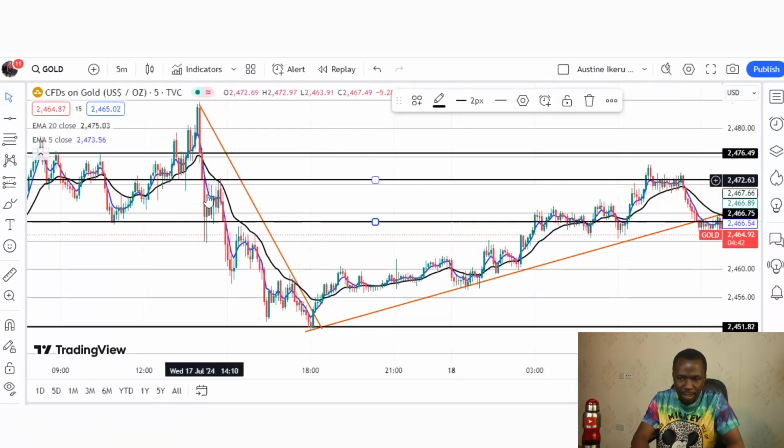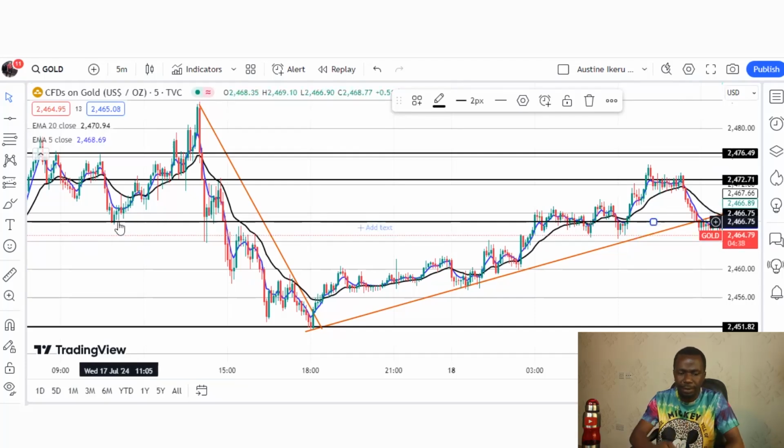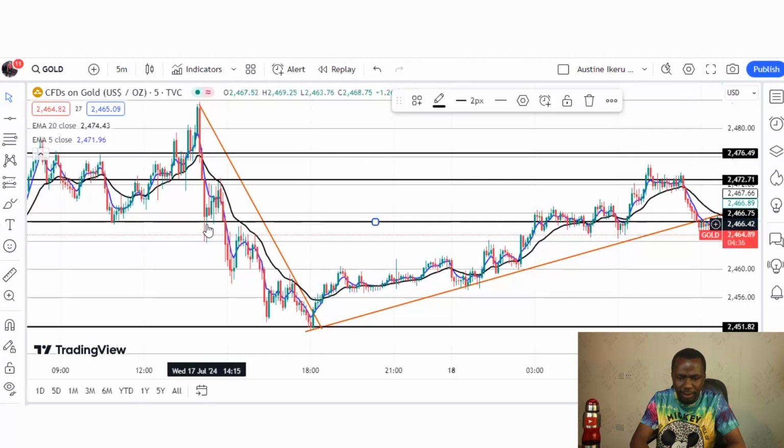So the price now went down, smashed our take profit, and we're able to achieve that one. As long as we have achieved that, we have made a profit. So as scalpers, we are not going to relent. We still keep watching for more opportunity, because we are looking for small movements to make profits.